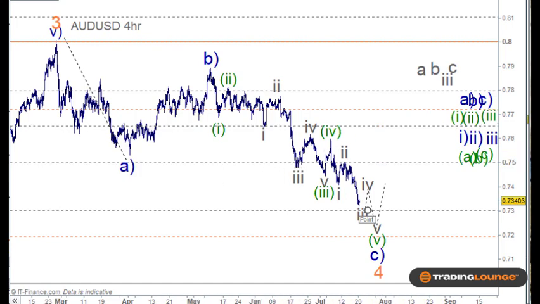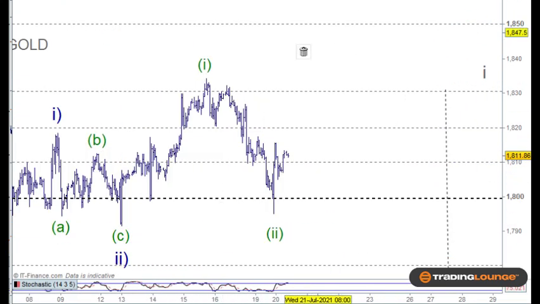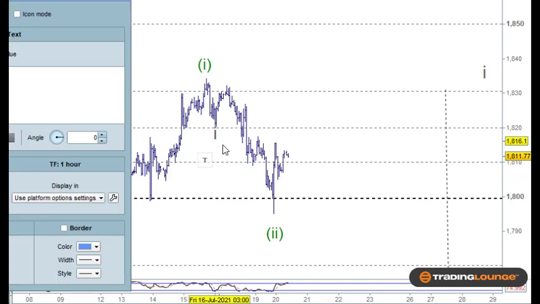Okay, so that's that. We'll have a quick look at gold. I still have to spend a bit more time on gold, but I was just having a look at it and I was thinking that the move down here, the whole thing's not over yet, but it does play out here as an A and a B and a C wave. Now, it may be that this is just wave 4 playing out here,